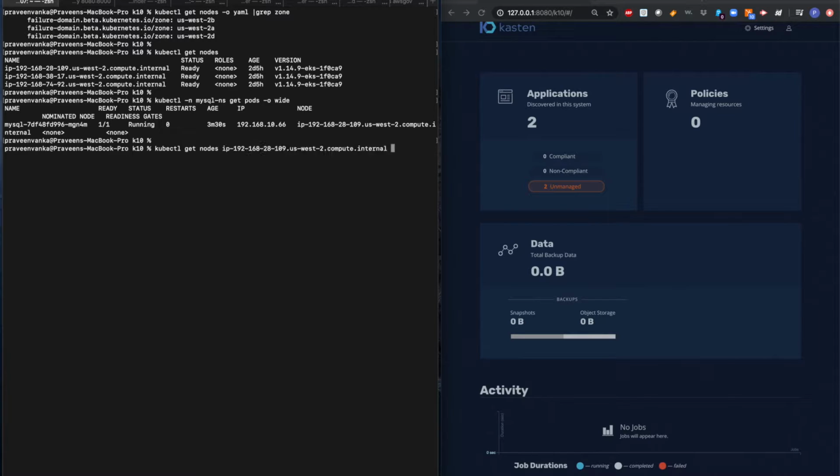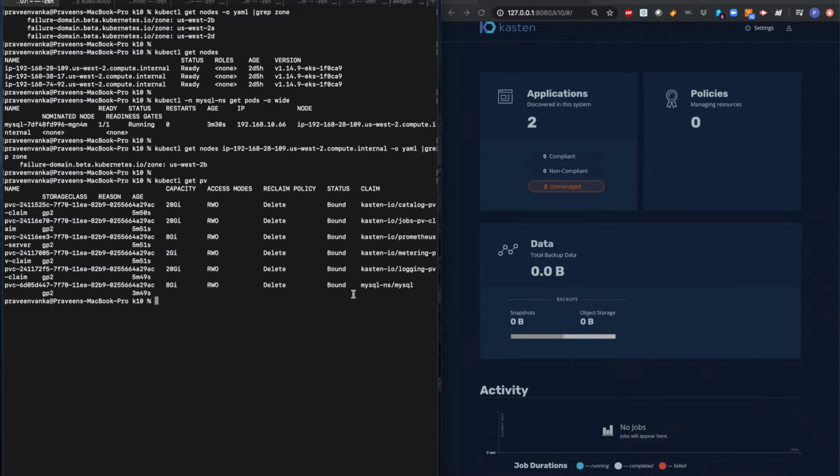Then, as you can see, we've also verified that the test MySQL application is running on a node, and that's in zone US West 2B. Now, this is a stateful application with a persistent volume. So what I'd like to do is also confirm that the corresponding volume that is attached to it is also running in the same zone as the application pod. Now that we've confirmed everything,